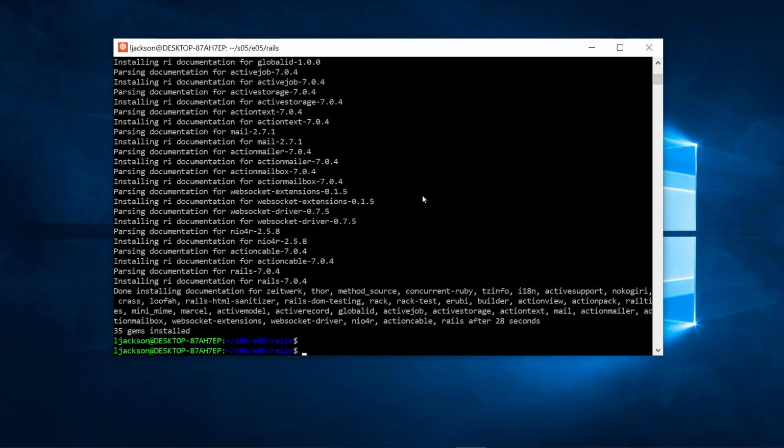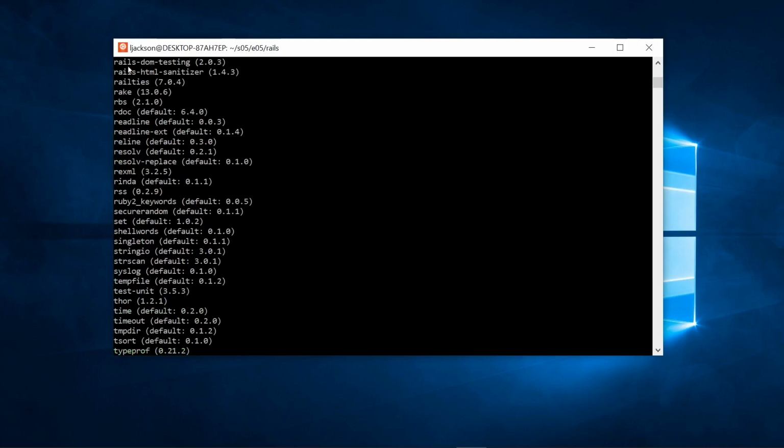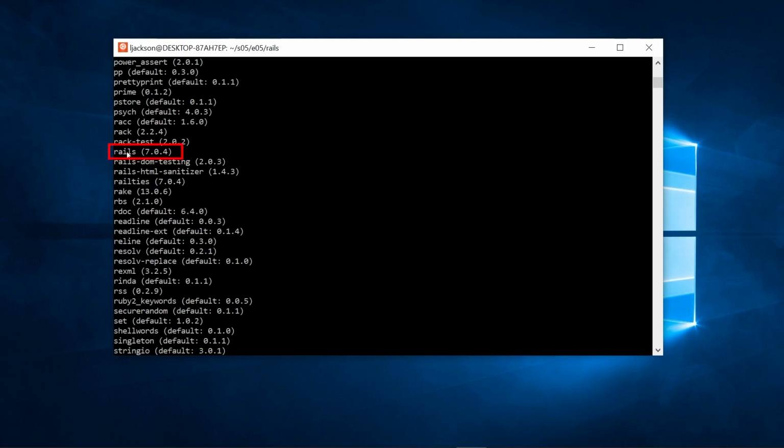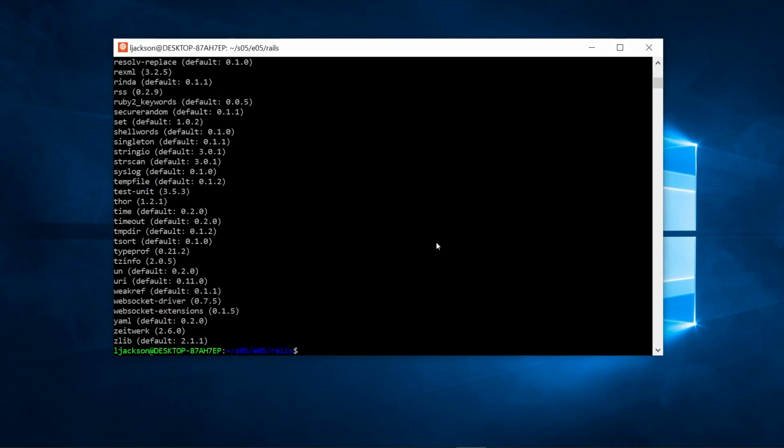So it was a lot quicker than installing Ruby, that's for sure. And if we do another gem list, we should see, if we scroll up, that Rails has been installed at the latest version, 7.0.4. So that's basically all our pre-flight checks completed. We'll maybe take a little break here and then we'll come back in the next section and we'll actually start